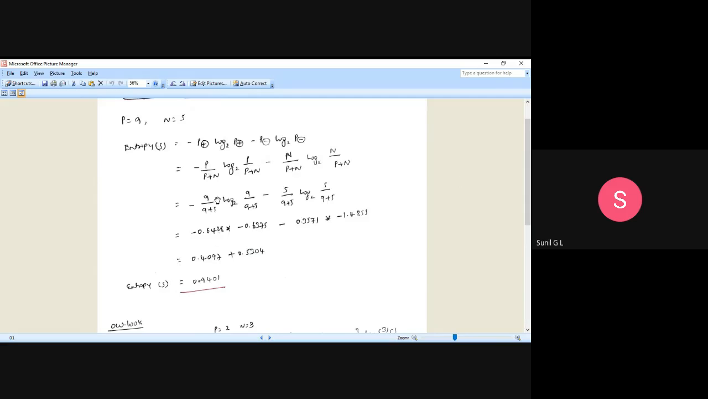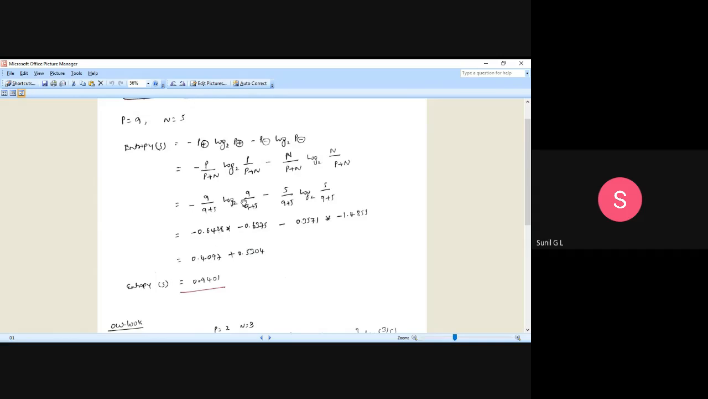Okay, then substitute the values of positive and negative to this formula. Here P is how much? P is 9, positive values are 9. 9 divided by P plus N, that is positive plus negative. Positive is 9 plus negative is 5. Okay, 9 plus 5,